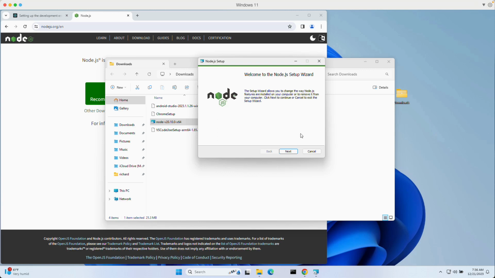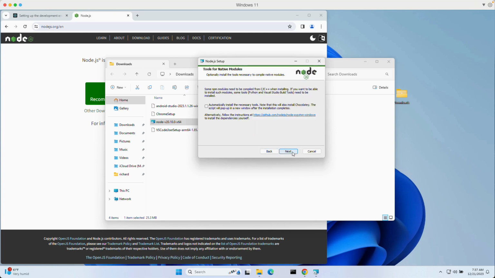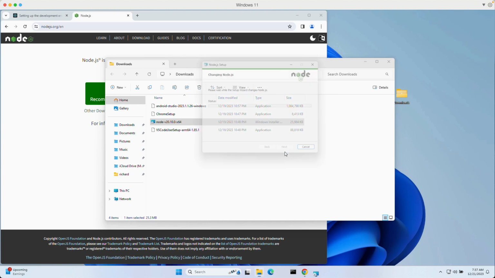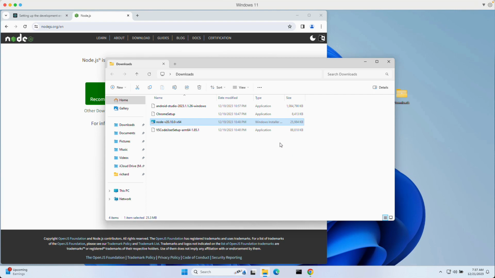I'm currently using Windows, and just click on next. I have already installed it, and that's why it's giving me the option to change something. I'll just click on change and then click on next. If you want to automatically install the necessary tools, this will also install Chocolatey for Windows. You can just select that one and click next. I'll just leave it as the default,